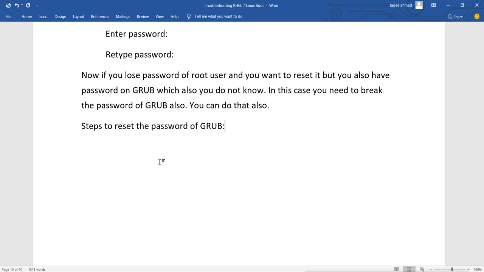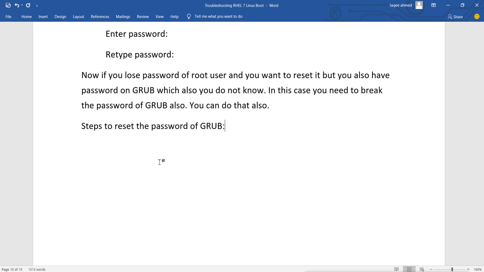Troubleshooting, that means this is the last option you have for troubleshooting. If suppose your system is not working, suppose your system is not starting the normal way. So you have two kernels to start your system. First is the normal kernel, the other one is your rescue kernel.